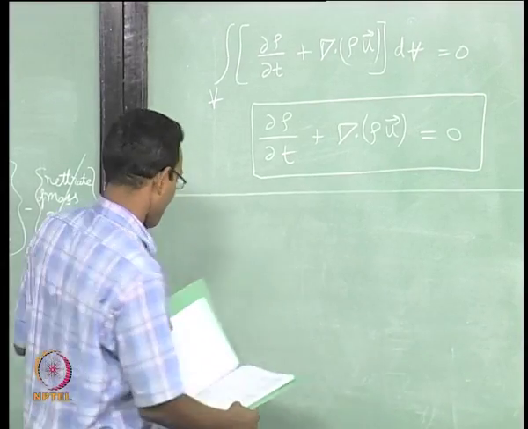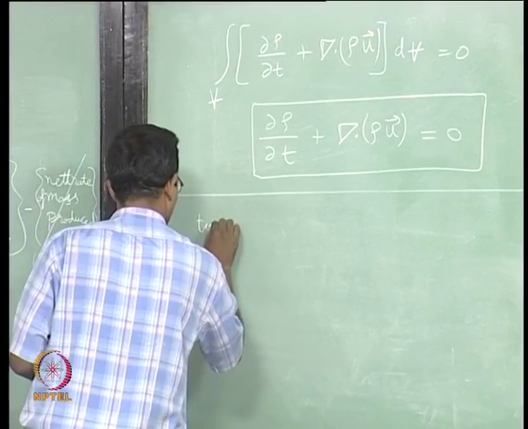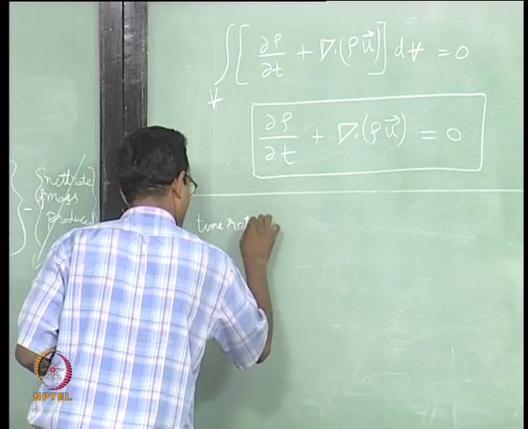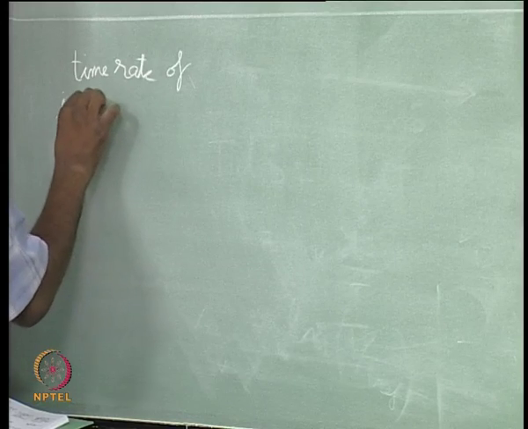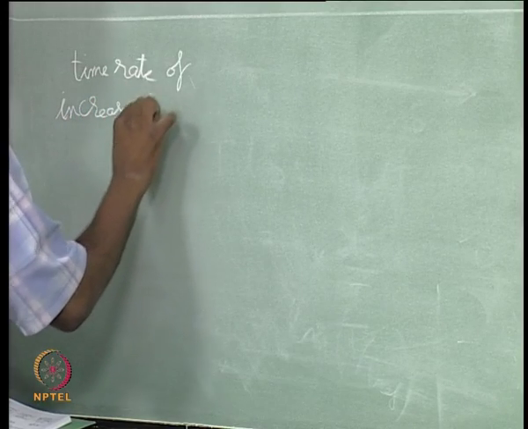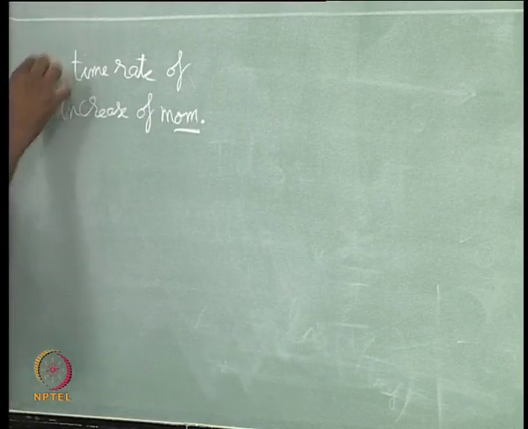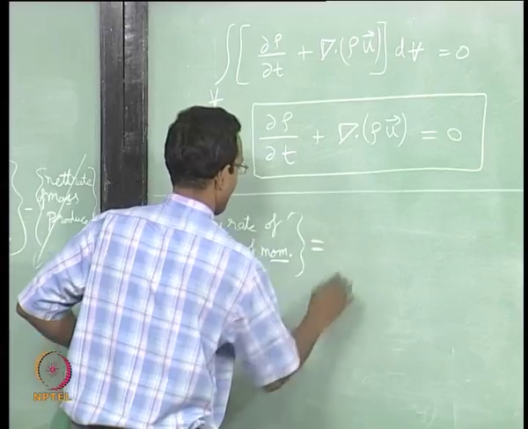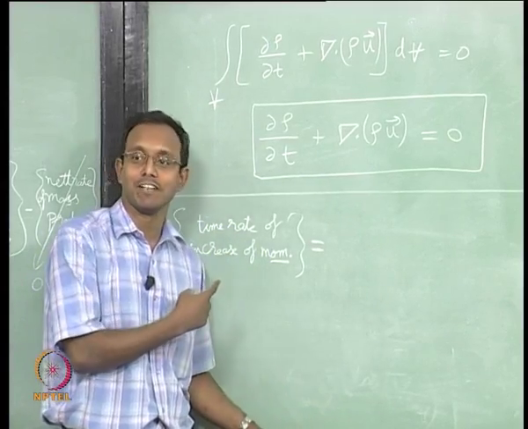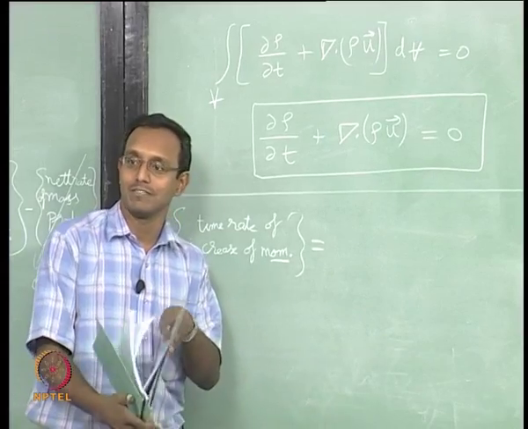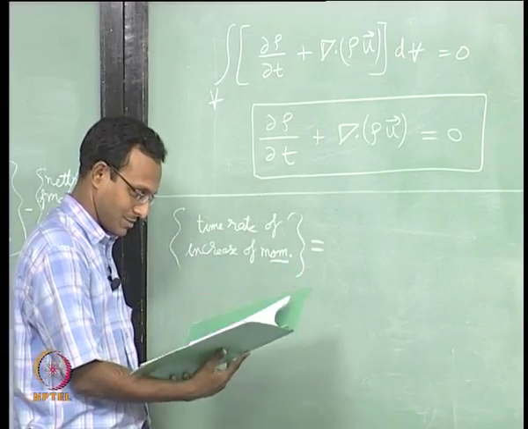Okay. So, we will look at it like this, we will write this time rate of increase of momentum. Of course, momentum has 3 components. I am just writing it in vector form, so it does not matter for me. It is all the same. Okay, it is one full vector, which is 3 equations together. Okay,